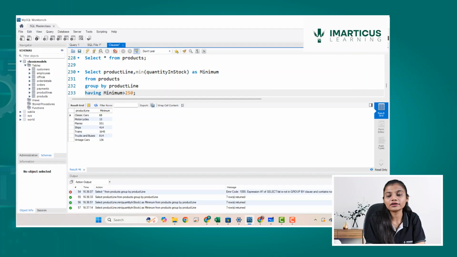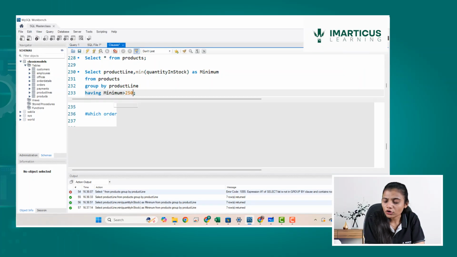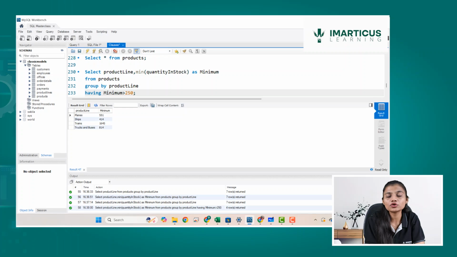This is what is required, and you can see not all product line information is shown, only those product lines where the minimum quantity in stock is greater than 250. So this is what we have generated as the result set for the first question.